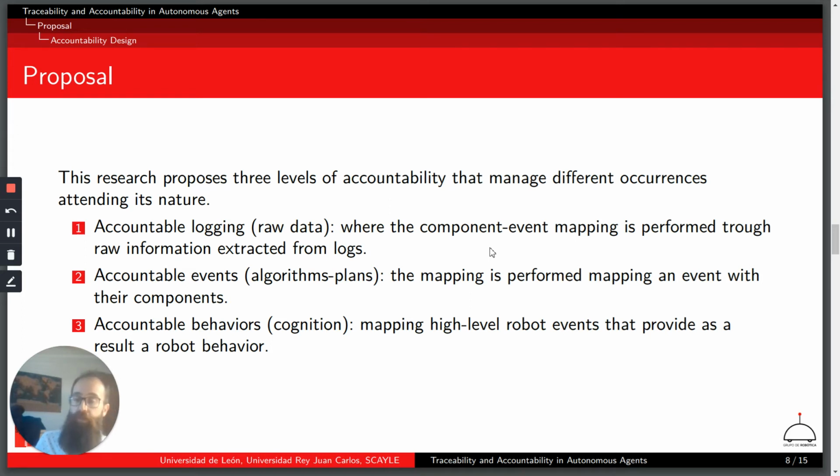It means the results of different algorithms and plans that are happening in the robot, how we are able to map this information. And finally, how we use cognitive information and other mechanisms at high level, such as finite state machines or planners that are generating and making decisions in the robot and provoking and triggering robot behaviors.